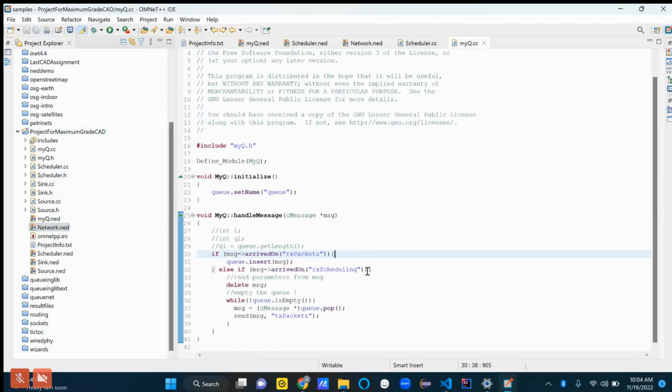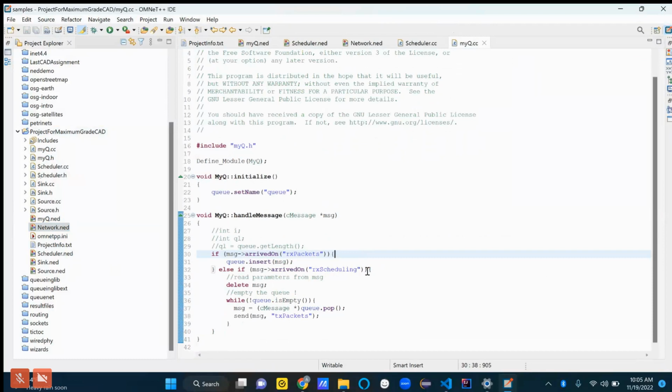And what we're going to do is delete that message. Deleting that message means we don't want to send the scheduler message along to the sink. It's only the stuff on RX packets that will ultimately get sent to the sink. That's why we want to delete the scheduler message on line 34.